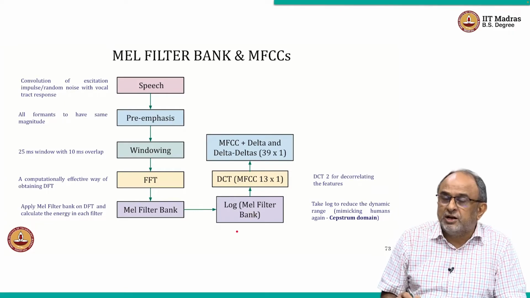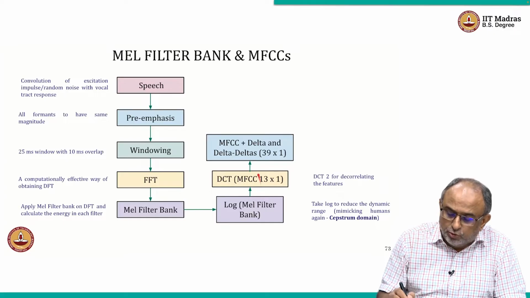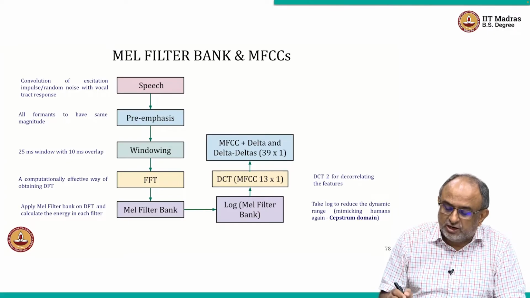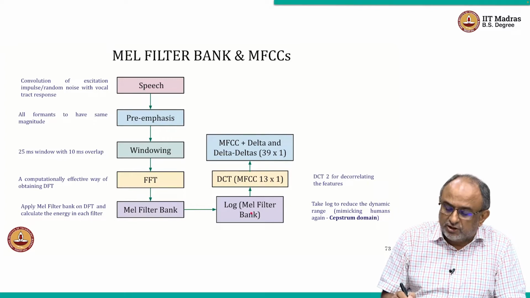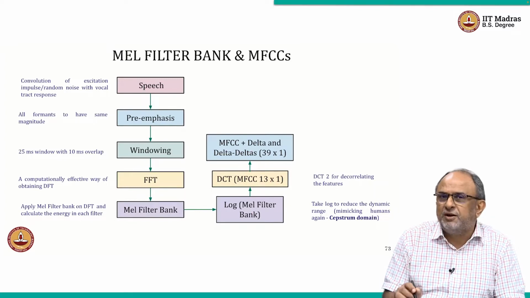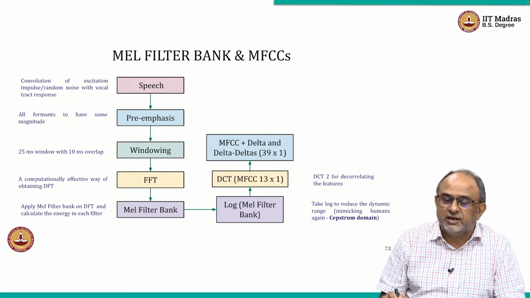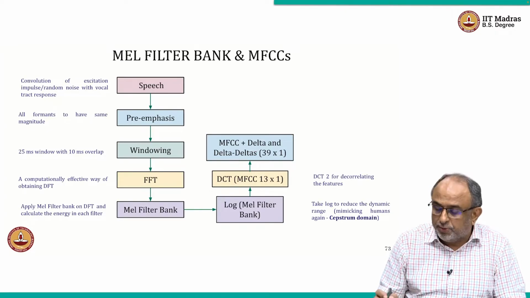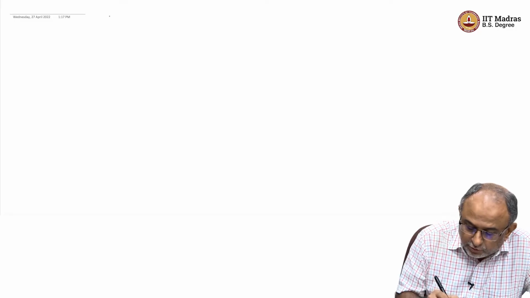But if you are doing conventional statistical GMM-HMM kind of methods, we need to do at least one additional step, which is called the DCT, which will take the log Mel filter bank and produce MFCC. But on top of that we also often use things like delta and delta delta, and I'll talk about it a little later, okay. So I am interested mostly in two things: Mel filter bank,